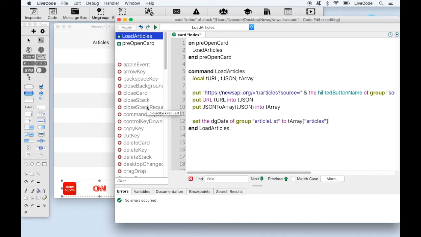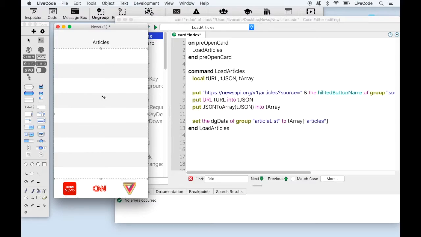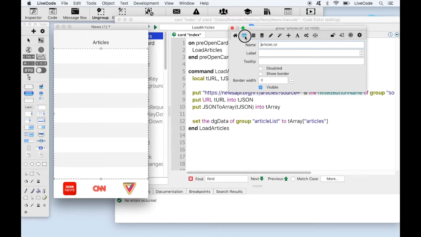So the information that comes back in the JSON, there's quite a lot of information in there, but what we want to do is just display the list of articles. So we get the articles key, and that is numerically keyed 1, 2, 3, 4, 5, which is what a data grid needs. And just to quickly show you how I've set up the data grid,